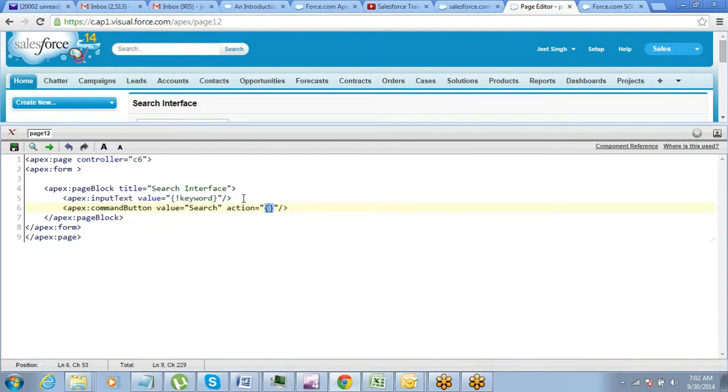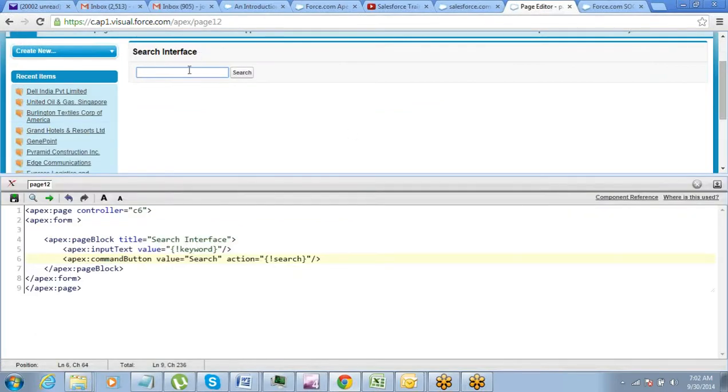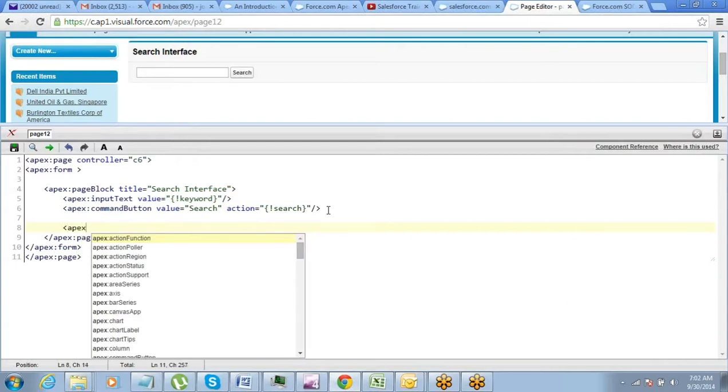Action will be also search, so action comes from there. So my input text area is ready and the search button is ready. Only thing I have to do here is create a table which can display the results, search results, right?